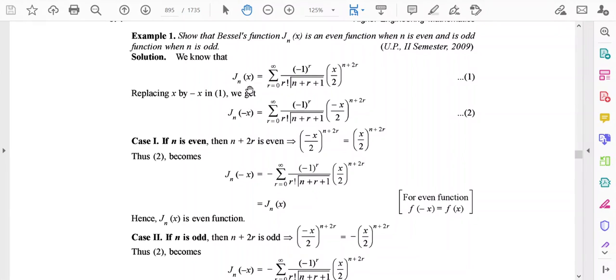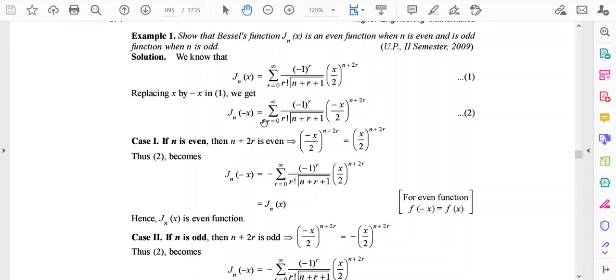So, the Bessel function Jn(x) can be written as the sum from r equal to 0 to infinity of (-1)^r divided by r factorial gamma(n + r + 1) times (x/2)^(n + 2r). This is the Bessel function. And if we write minus x in place of x, then this will become